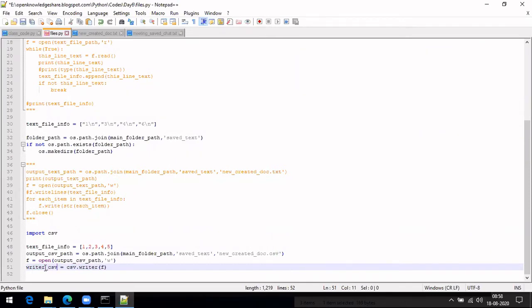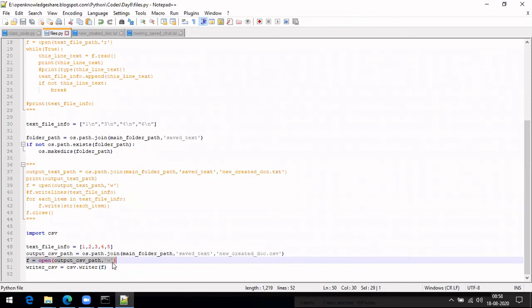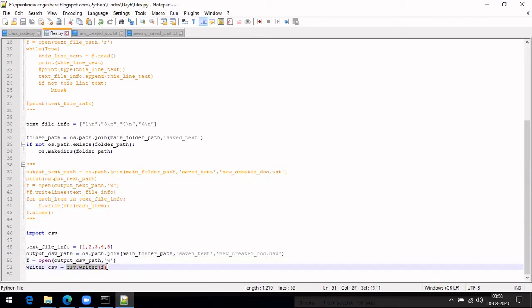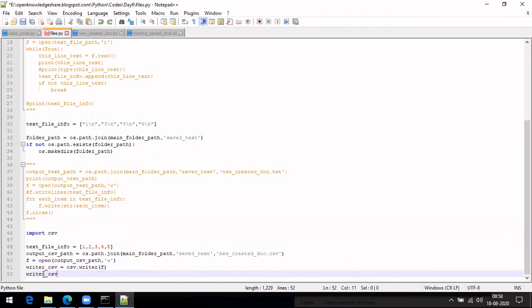For that, what I have done is initially this f dot open, and for the CSV part, I'm opening in write mode, and then I'm using the CSV dot writer, and in brackets I'm passing that file. And let us say I'm storing it this way, and in case I want to write a line,